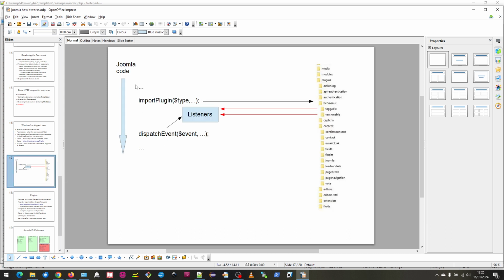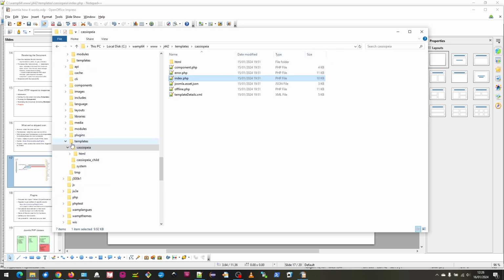So if we're following through the normal code progression down through Joomla, at various stages you will get import plugin and you will pass in a type, and that type will relate to a folder within the plugins folder. So if we look at plugins here,